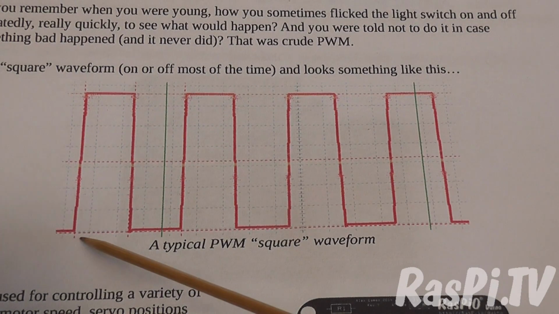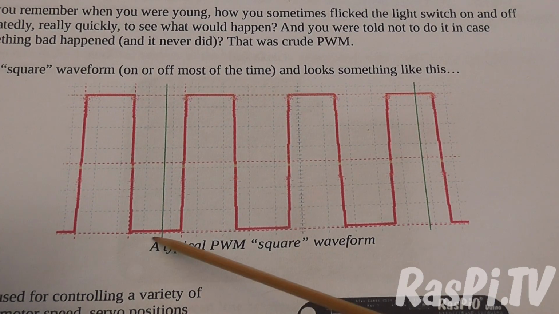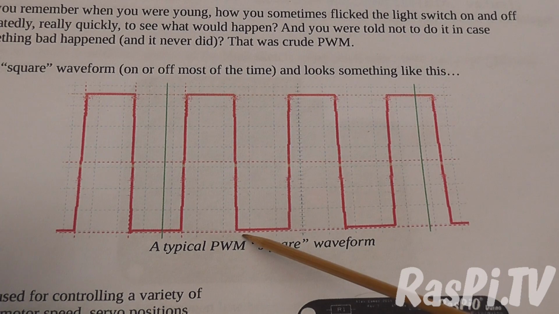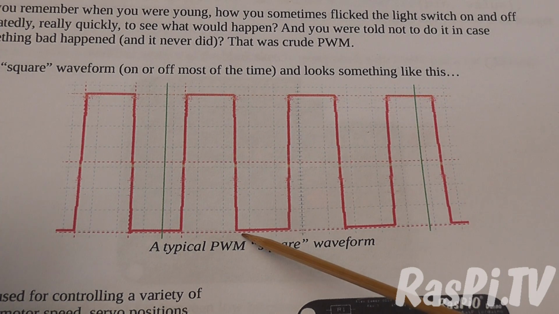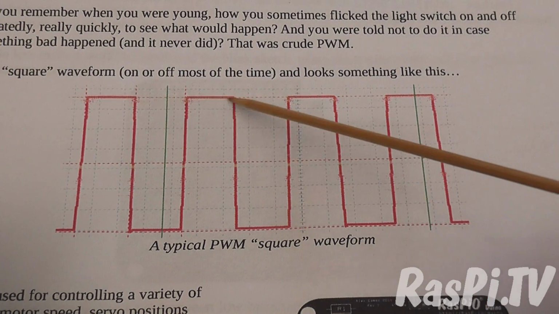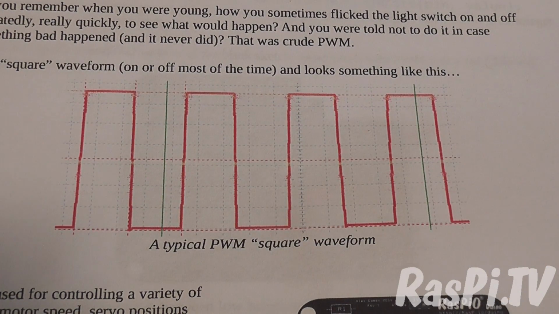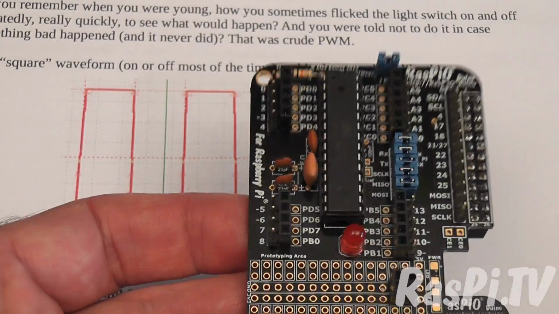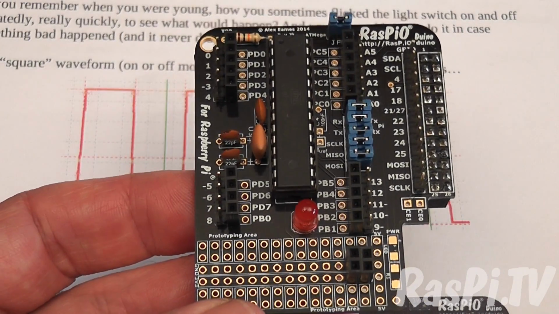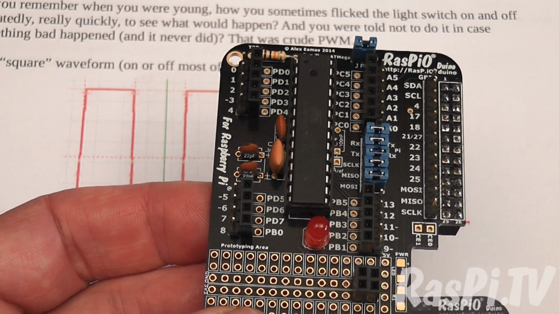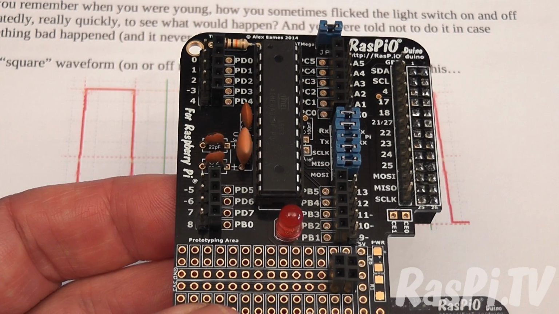So if, for example, something was switched on half of the time and off half of the time, like a light bulb for example, it would be about half as bright as if it was switched on all the time. Now this happens really quickly. So it's a method we can use to actually dim LEDs or control the speed of motors or various other